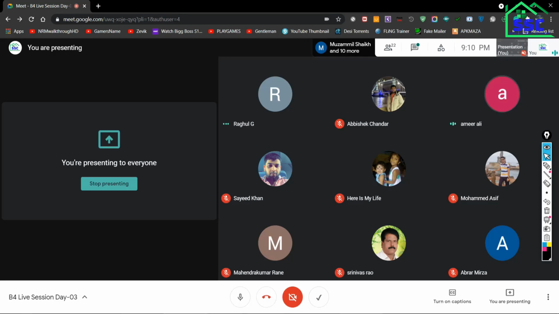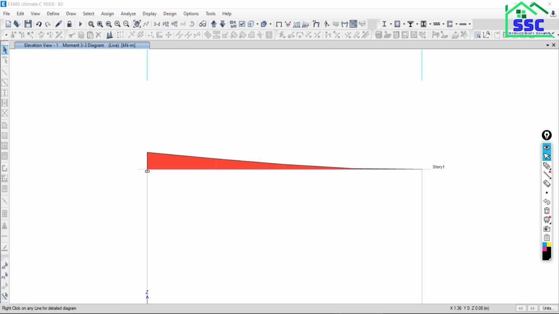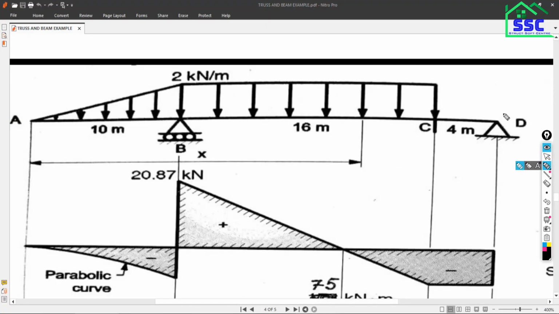See, I can work with the 2 grids only. I can model it completely, the complete beam. That will be continuous over this support. But the problem is what? If I am taking the single beam, no doubt any kind of load you can assign. But if you are taking the single beam, it will not be possible to select the joint.